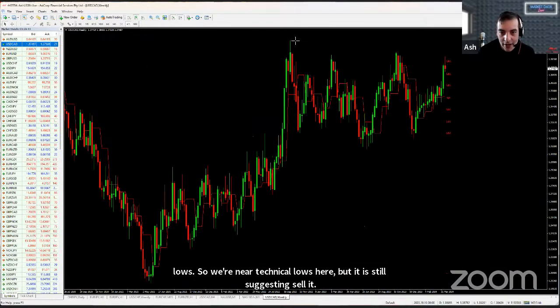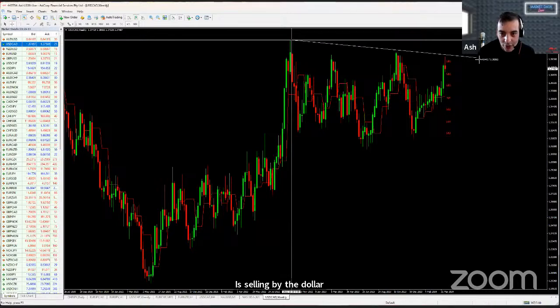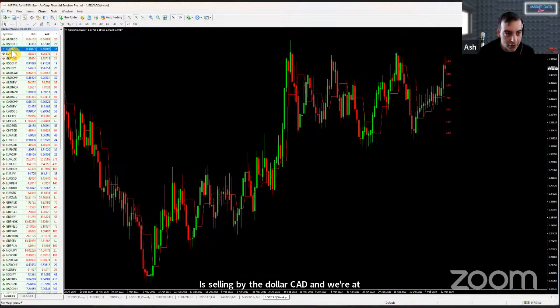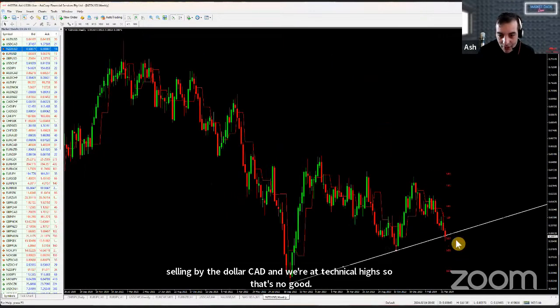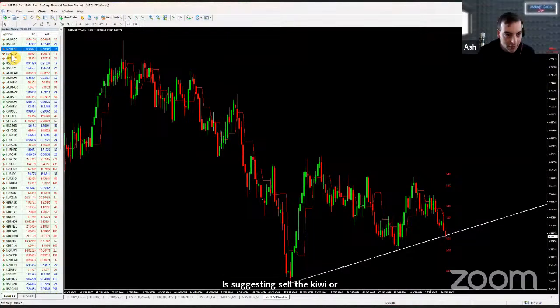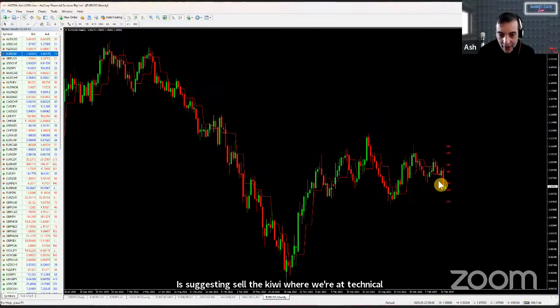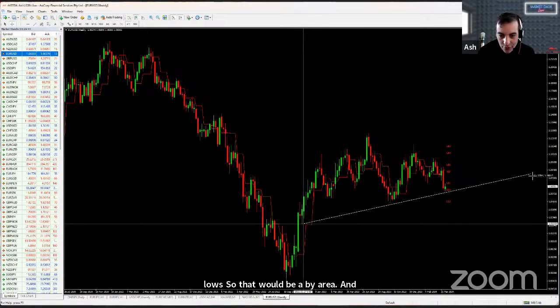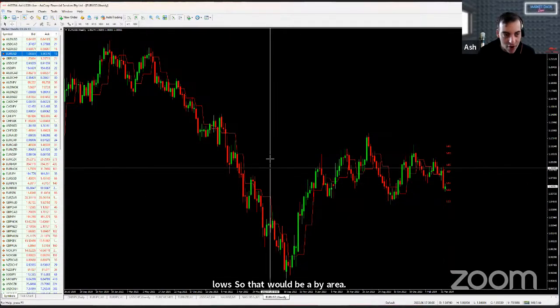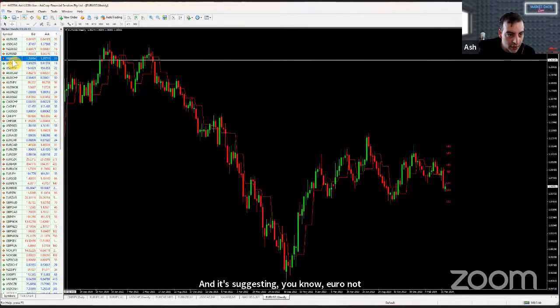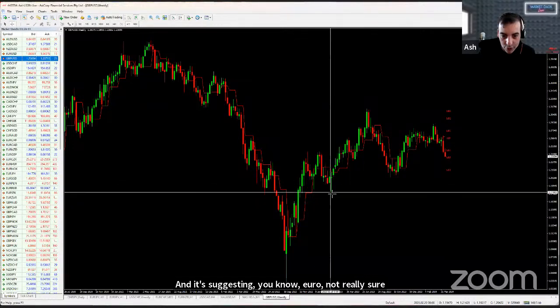It's selling, buy the dollar CAD, and we're at technical highs, so that's no good. It's suggesting sell the Kiwi, but we're at technical lows. So that would be a buy area. And it's suggesting, you know, euro, not really sure what to do with it. But this one's probably the most attractive long, if anything, euro dollar and the pound dollar would be the two